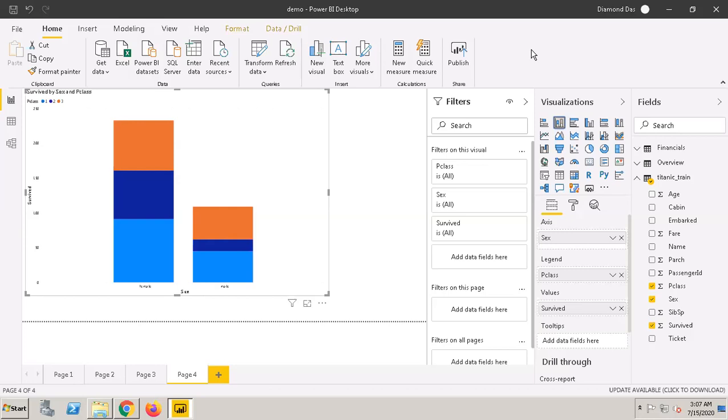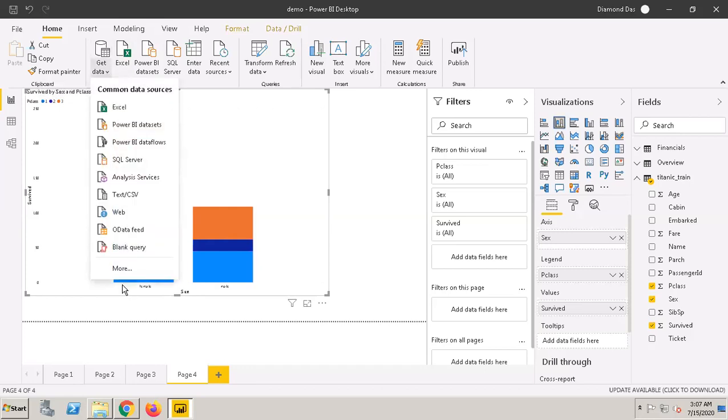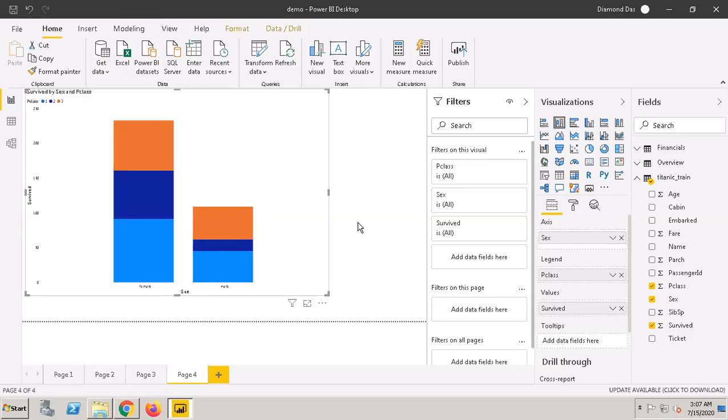Coming back to SharePoint, there is no particular version that connects to SharePoint. Let me show you how to connect.